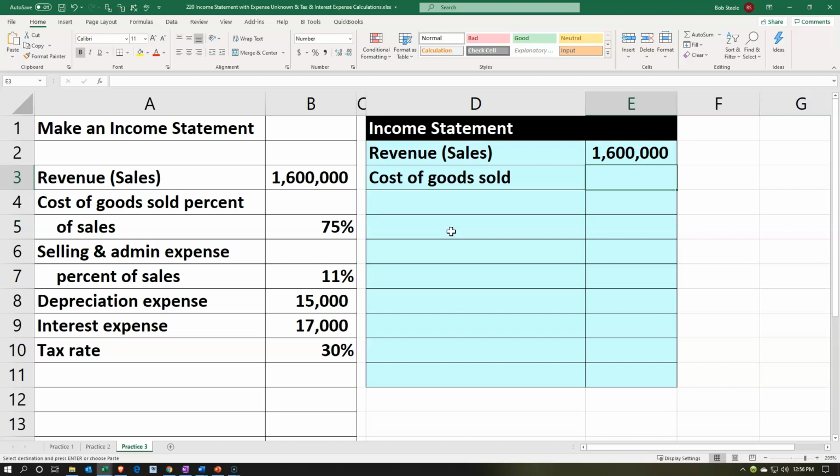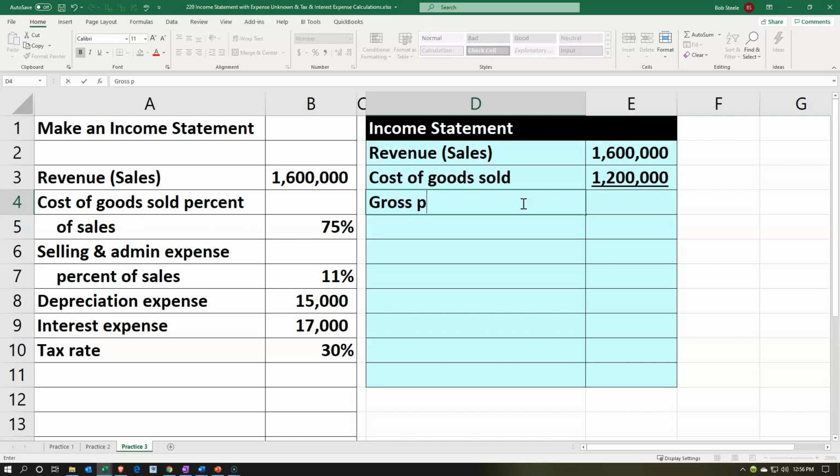So we're going to say, all right, then this is going to be equal to the 1,600,000 sales times 75%, because the cost of the things we sell are 75% of the sales price. And that's going to give us the 1,200,000. I'm then going to underline that. Home tab, Font Group, drop down for the underline to go back to the single underline instead of the double that we had last time. We'll get back to the double underline when we get to the bottom of this one for the bottom line